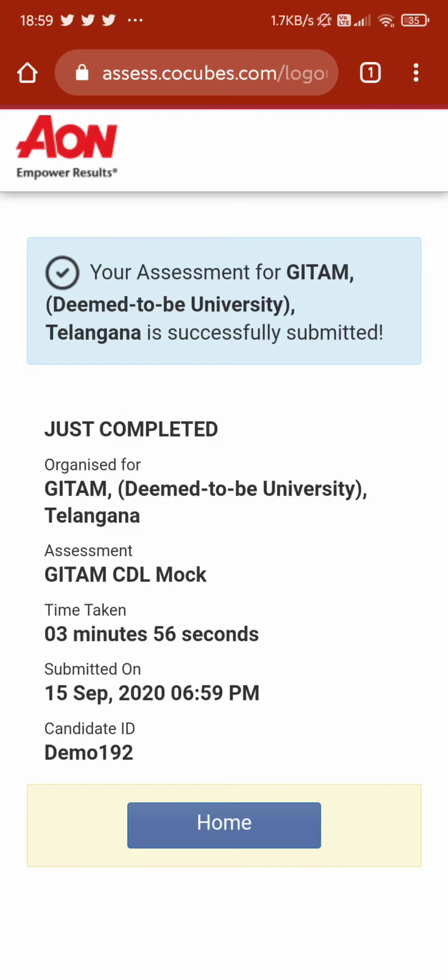So guys, these are the instructions required to take the test using the mobile app. Kindly ensure you have the latest version of Google Chrome. Uninstall Truecaller app and do not open any other applications while the examination is going on. If you do so, the system will give you warnings, and for the last warning the system will automatically submit the test for you.